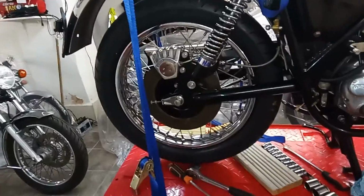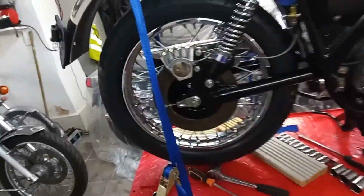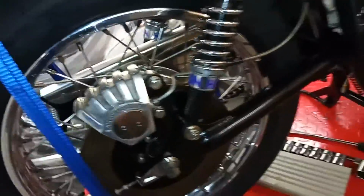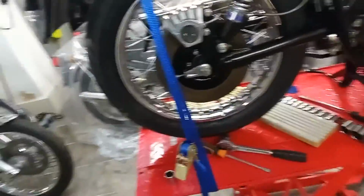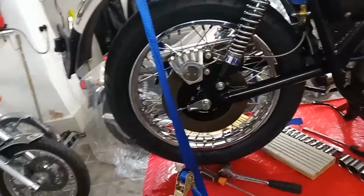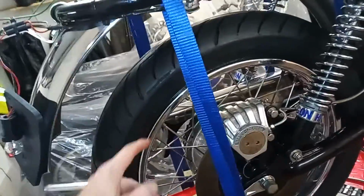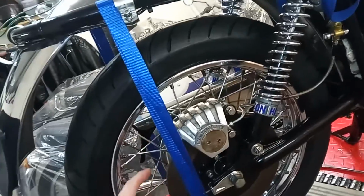Well, good news and bad news. I finally got the wheel in. Hoorah! Got the caliper on. Phew, nightmare job. But I think basically, yeah, get the chain wheel on, then get the wheel in, put the